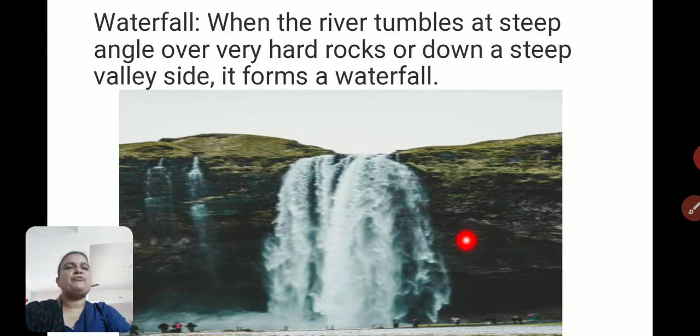Due to the softer rock, with the help of water, that surface gets eroded and the water starts falling directly down, and in this way it forms a waterfall.